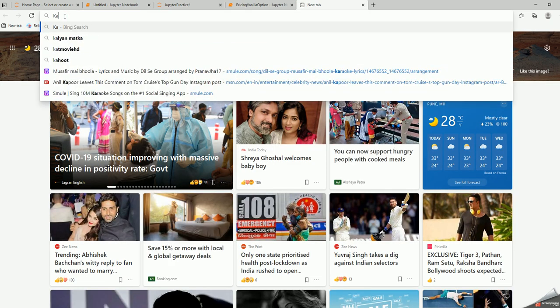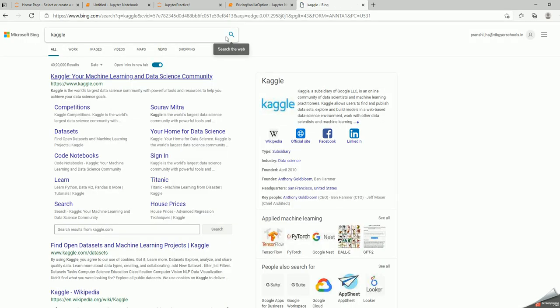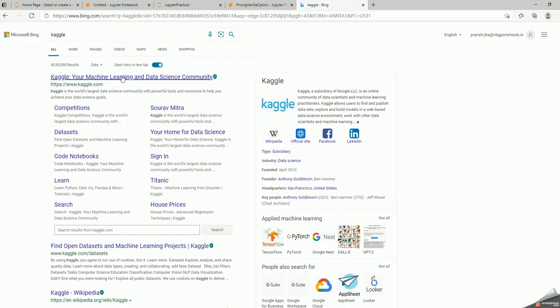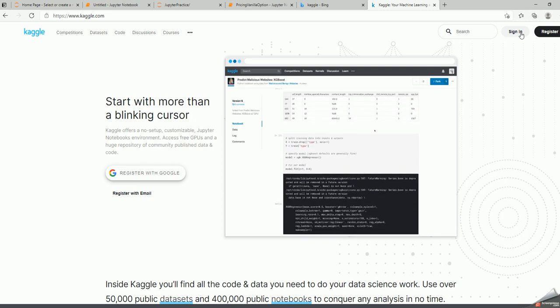Okay. So there is a very nice thing called Kaggle, where data scientists and programmers compete as well as collaborate. So if you go here, you can create your own login. I have my own login, so I think I'll just try to log in.